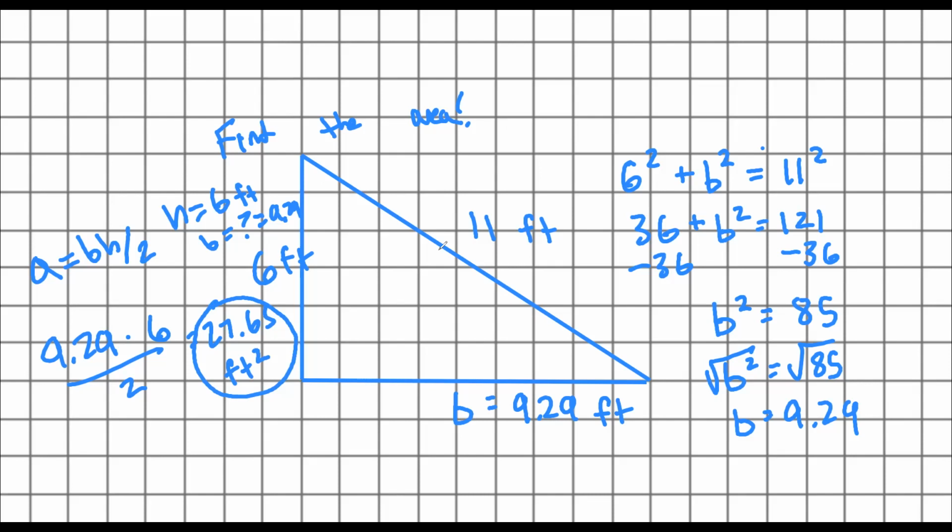I did not give you the base. I gave you a measurement to get you to the base, but when you see a right triangle and you go, I'm not being given all the 3 sides I needed, I'm being given some random side, to get that third side, you use the Pythagorean theorem. I won't go through this as an example, but here's some other problems where you would need to use the